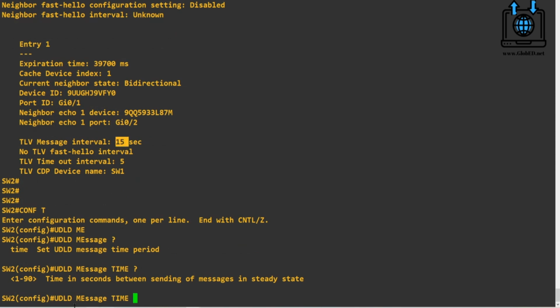You can change it to whatever you want. Do you want to make it faster or slower? It's completely up to you, depending on the bandwidth you're using, the type of cabling you're using, all that. So you can change the UDLD message time period from the default 15 seconds.